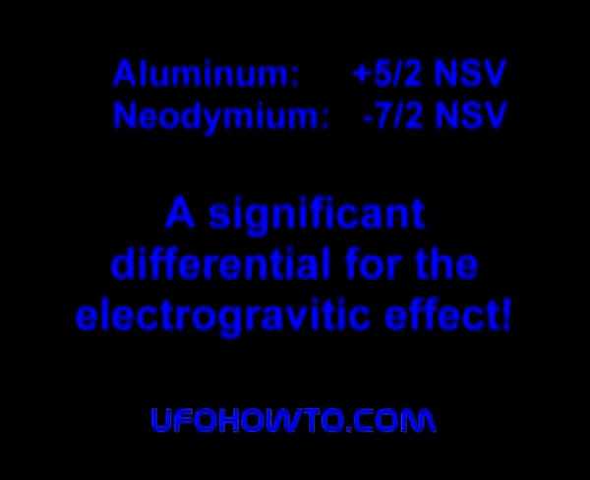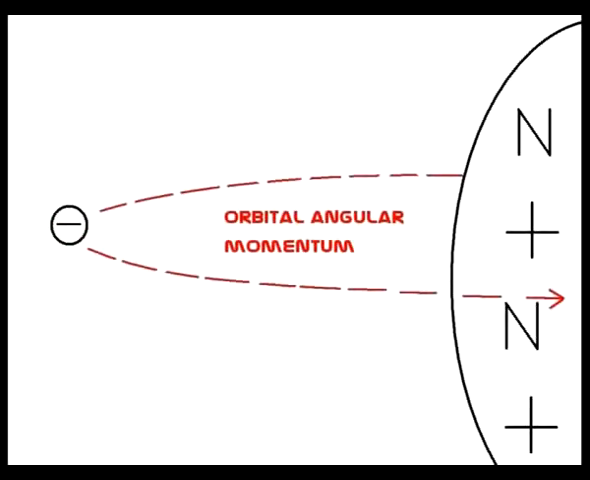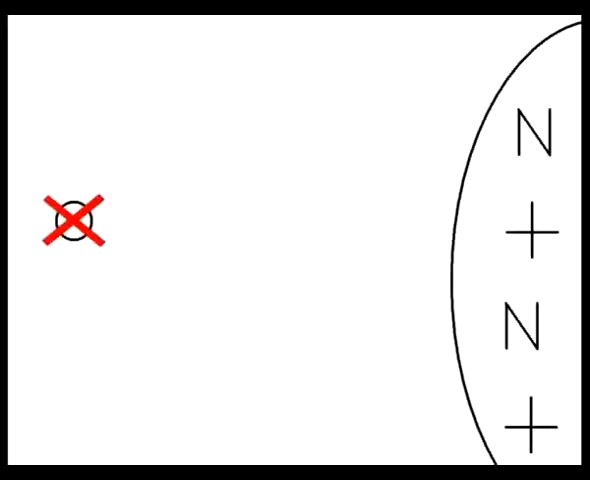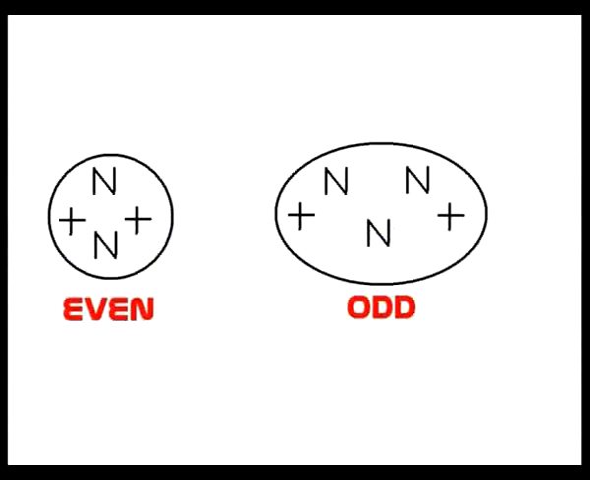Electrons in atoms have both electron spin, the rotation, and the electron's orbital angular momentum. By combining them, we get the total angular momentum. But we are not interested in electrons. It is the total intrinsic angular momentum of the nucleus, when stimulated by high voltage pulses or by high speed rotation of the material that contains the nucleus with odd spin values, that we are after to create the electrogravitic